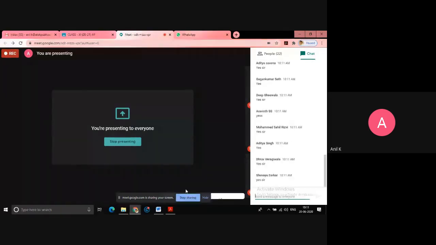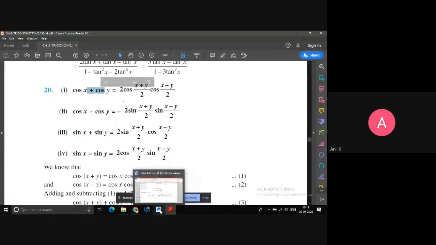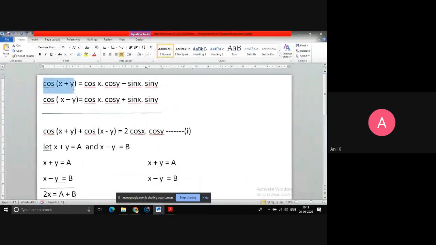Now your homework is you have to try to prove the other identities. Now if I want cos x minus cos y, see here I wanted plus sign in the first case. So what I have done, I have added the equations. Cos(x plus y), cos(x minus y), added, so I got plus sign. In the next identity you want minus sign. So when you want minus sign, you need to subtract them. When you subtract, you get cos(x plus y) minus cos(x minus y). So here sign will become negative and this positive sign also will become negative.